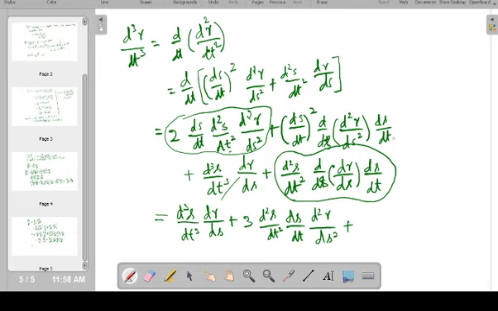This is ds by dt whole square into ds by dt, so ds by dt the whole cube into d cube gamma by ds cube. Fine? So I have found this, my gamma triple dot,